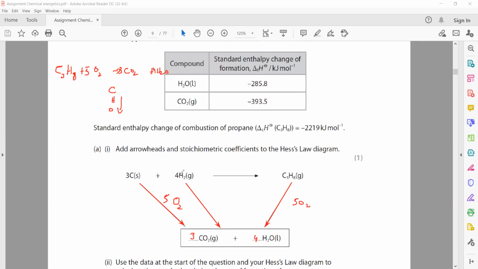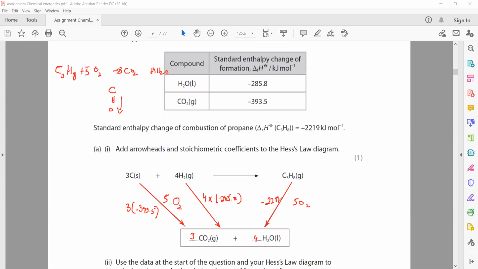How many moles of water are formed here? You can see 4 moles of water are formed. So this will be 4 times the formation of water in liquid state, so 4 multiplied by minus 285.8. And we produce 3 moles of carbon dioxide, so this should be 3 multiplied by minus 393.5. And when we burn 1 mole of propane, the total energy will be minus